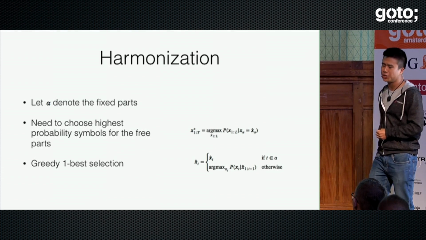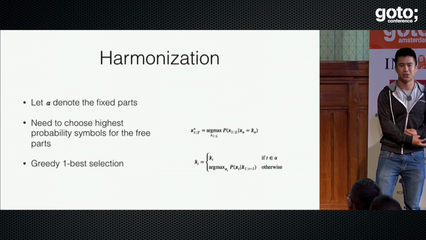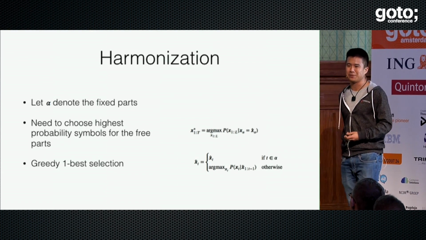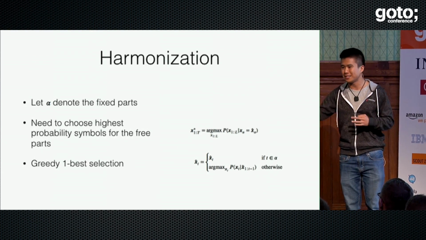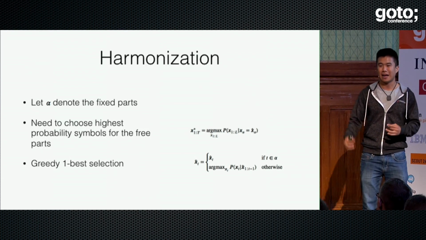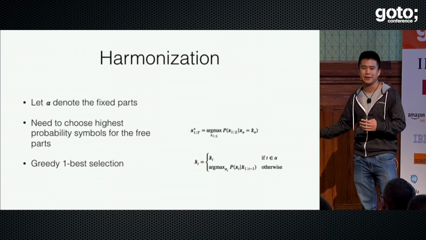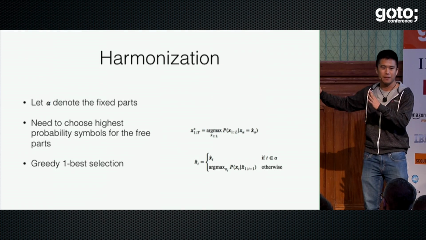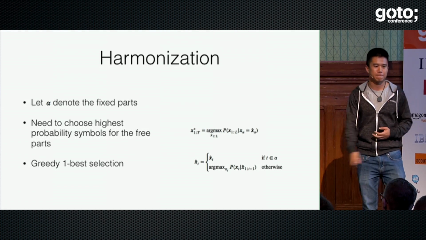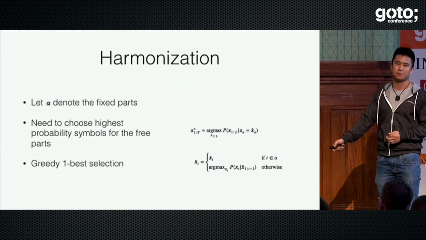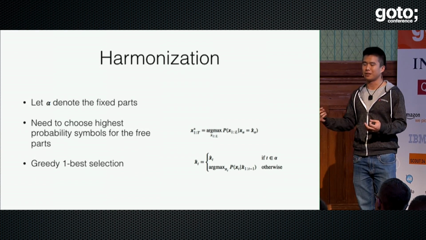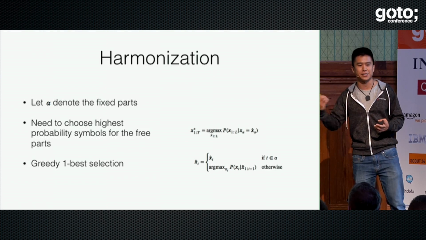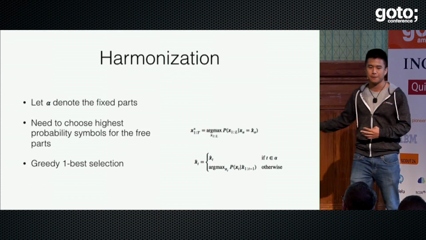Harmonization is actually a generalization of composition. In composition, what we basically did was, I've got a start symbol, fill in the rest. Harmonization is where you say, I've got the melody, I've got the bass line, or I've got these certain notes, fill in the parts that I didn't specify. For this, we actually propose a suboptimal strategy. I'm going to let alpha denote the stuff that we're given. So alpha could be 1, 3, 7, the points in time where the notes are fixed.